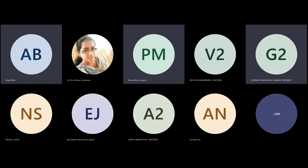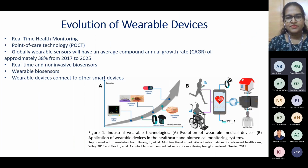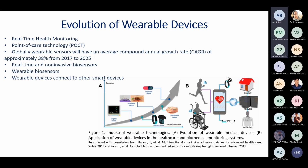So the topic, as you can see, is advances in application of biomedical wearable sensors. We'll discuss this, particularly the evolution of these wearable devices. Today, with the increase in the elderly population, the medical industry has changed drastically and dramatically, with a focus on the development of biosensors that enable real-time health monitoring and